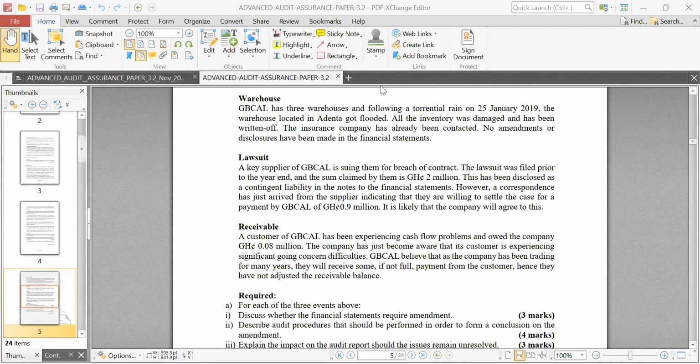So under IAS 10, if your customer or a client is going through some huge difficulties, some tough times relating to cash, if your customer is experiencing some huge difficulties a few months after the year end, just like in this scenario in terms of when they became aware, then what it means is that based on a normal day, it is highly unlikely that they'll be able to recover this.